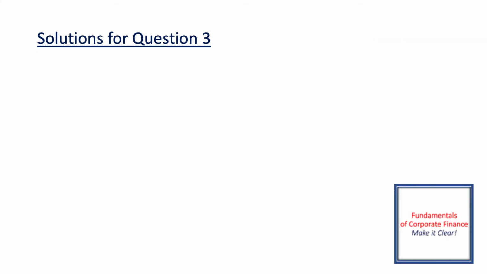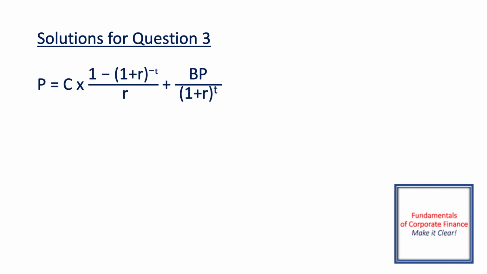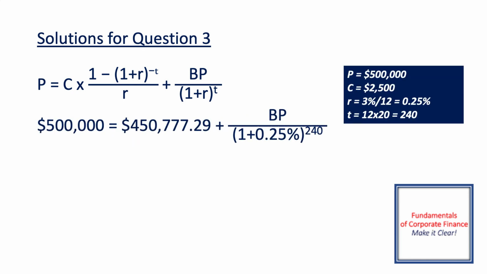No matter what the payment pattern is, we still start with the equation that equates the loan principal with the PV of loan payments. But now, as the loan payments are composed of the $2,500 monthly payment and the balloon payment, the expression for the PV of loan payments will be composed of two parts accordingly. The first is the PVRA equation for the $2,500 monthly payment, and the second one will be the simple PV equation for the balloon payment. We then substitute the relevant values into this equation, and we should be able to find that the balloon payment is equal to